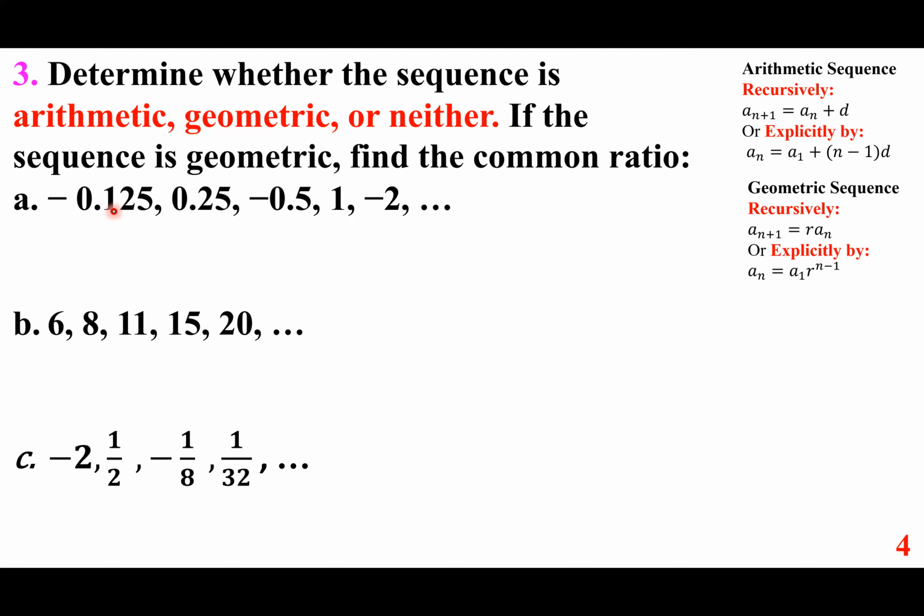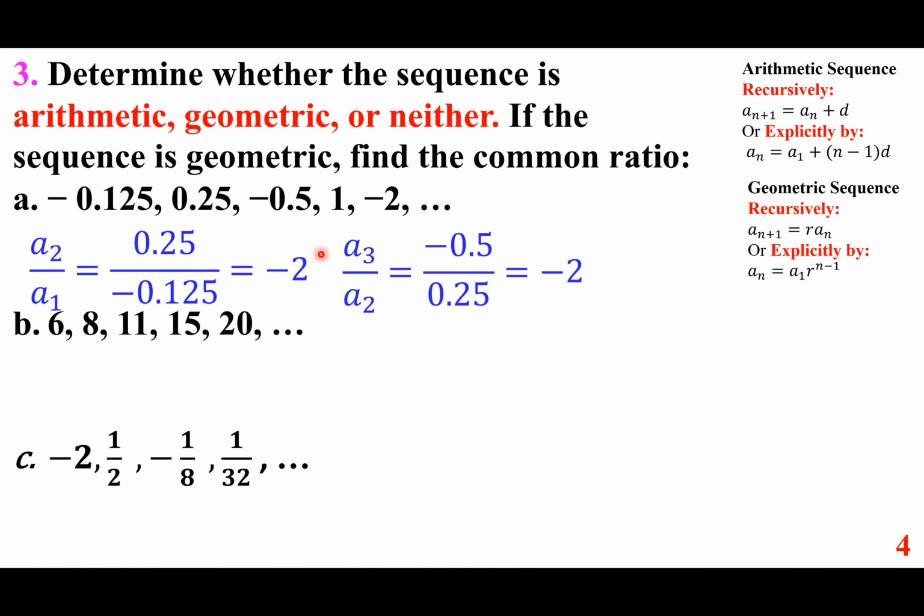So when we look at this one, we may notice that there is a relationship among those numbers. If we divide a sub 2 by a sub 1, the second one by the first one, we get -2. This is not good enough. If we divide the third one by the second one, we get the same, and you can continue just to be on the safe side. And that shows that r, the common ratio, is -2. Therefore, it's a geometric